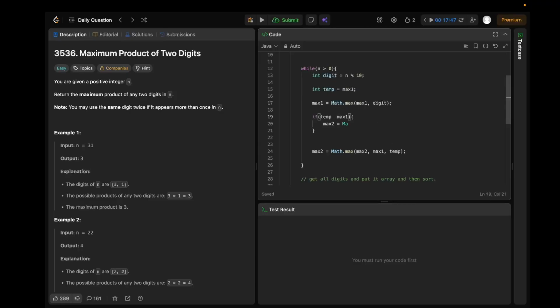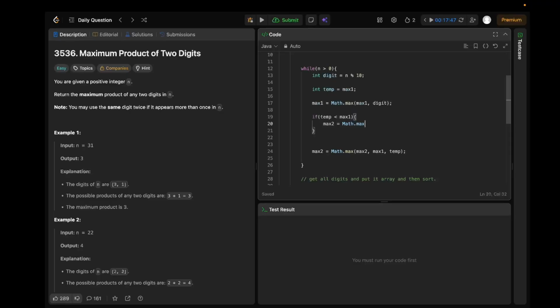Let me do if temp1 was 3 and max1 was, if temp is less than max1, then the new max1 we got, max2 should be Math.max of,